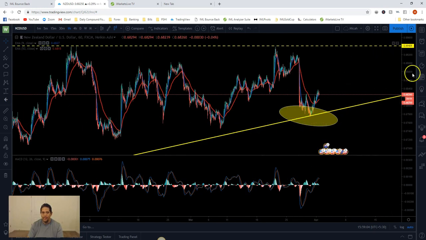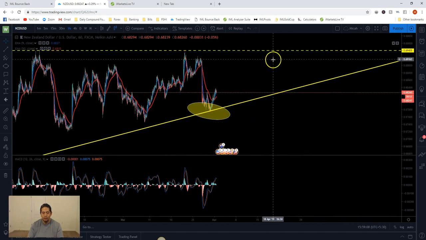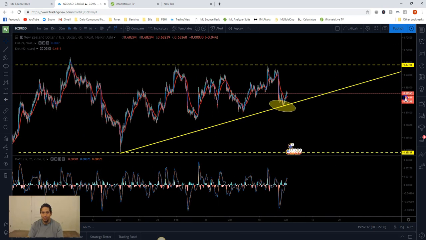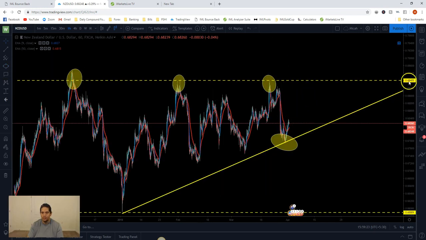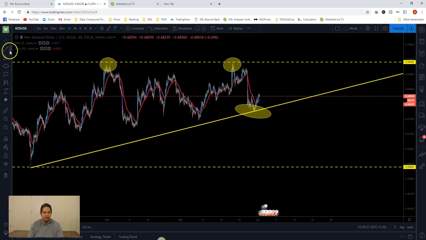Because I see this, right? Because I see my daily resistance here, right? Price could do exactly, right? Look how many times it went up and hit the daily resistance, right? 1, 2, 3. So this sell, right, could just be a move to go back down to go back up.